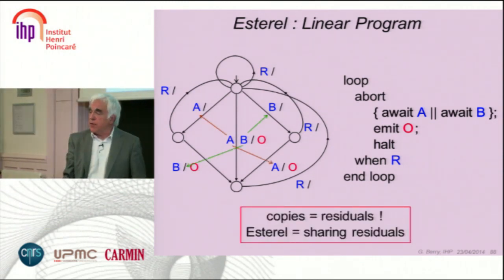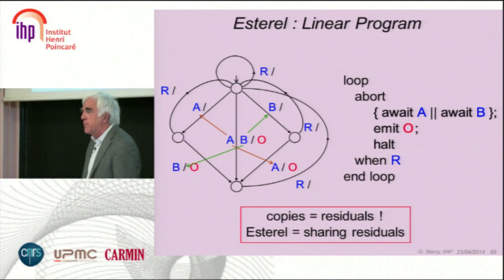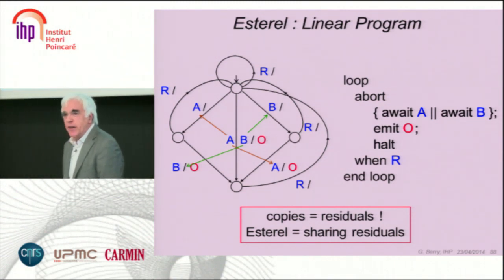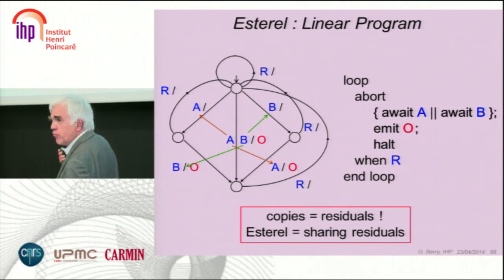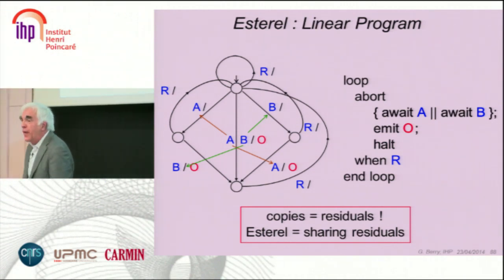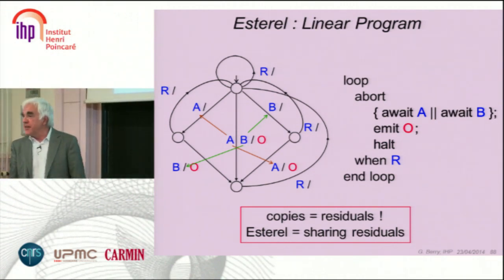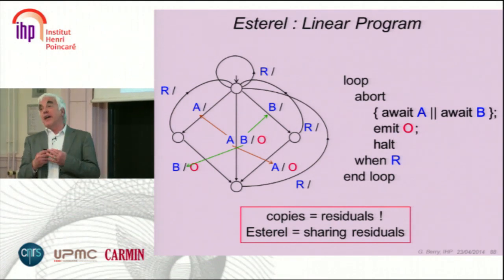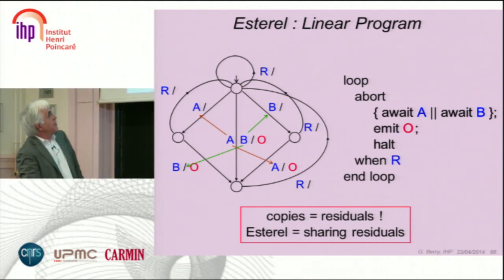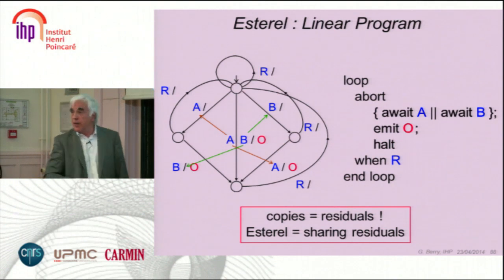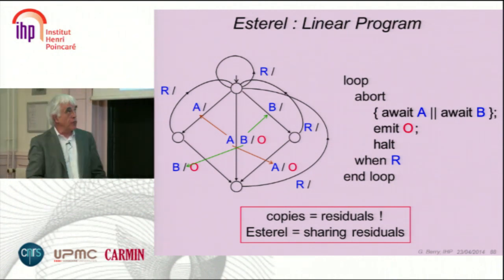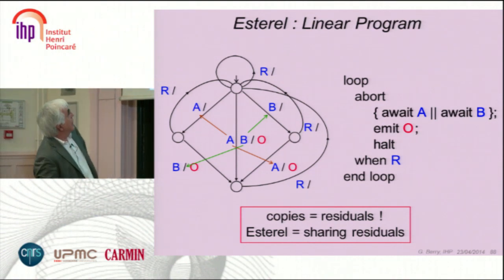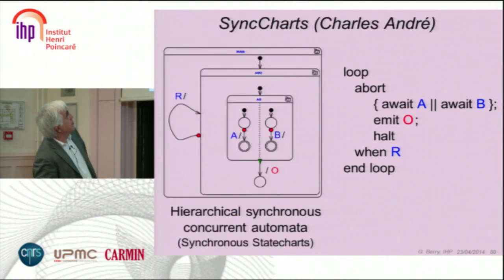That's interesting because it has much to do with all problems in the lambda calculus. That is what we are trying to do, is to share residuals. For those who know the work by Levy, myself, Gontier, Abadi, and so on on sharing in the lambda calculus, hopefully we are in a very small case, much simpler, and we can do this sharing. Also, I would like people other than me to show the theorem that what we do is optimal in sharing. I'm not sure of that. And this is sharing residuals.